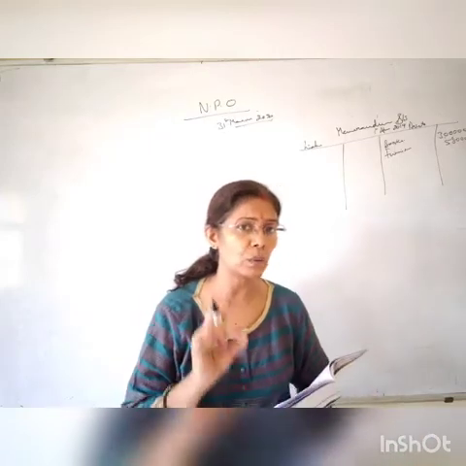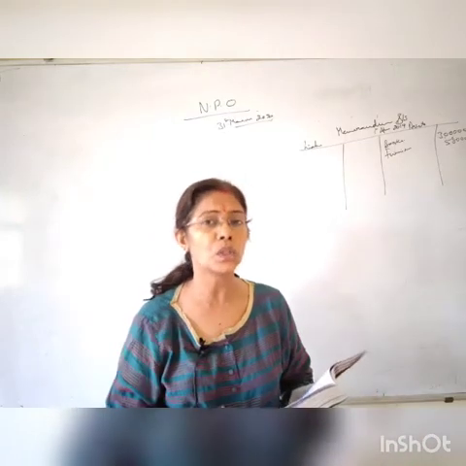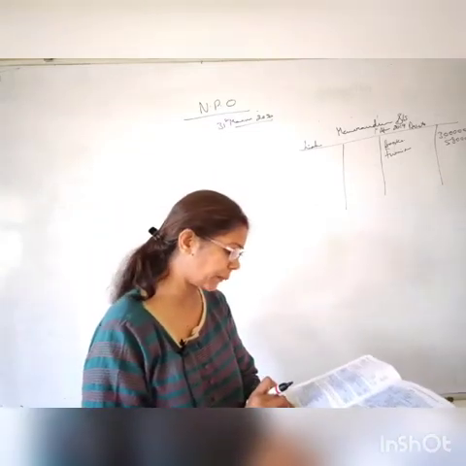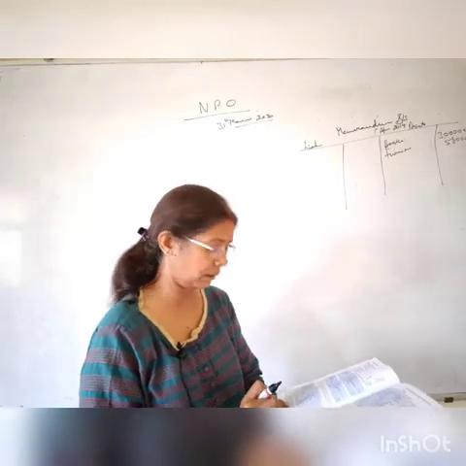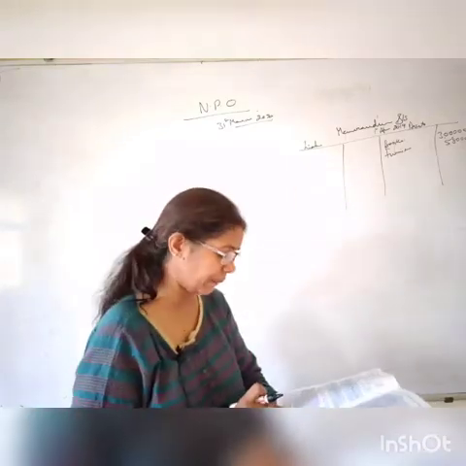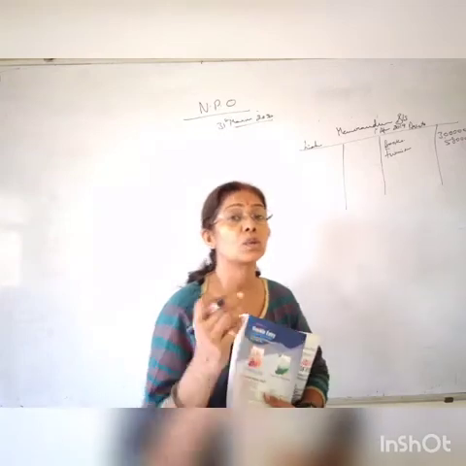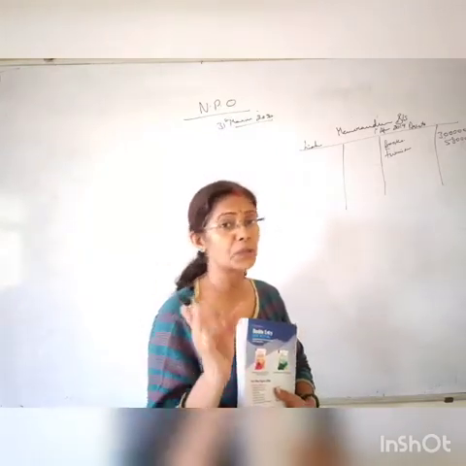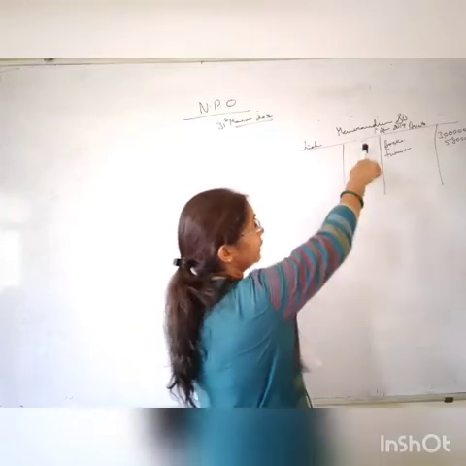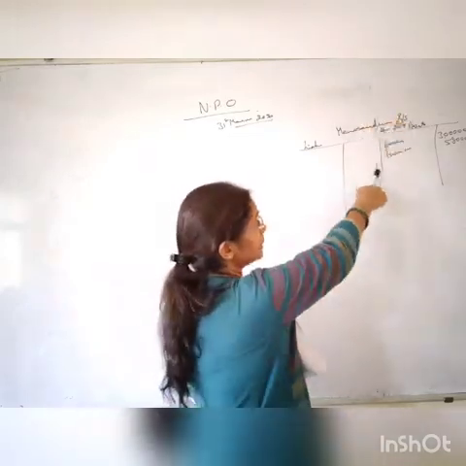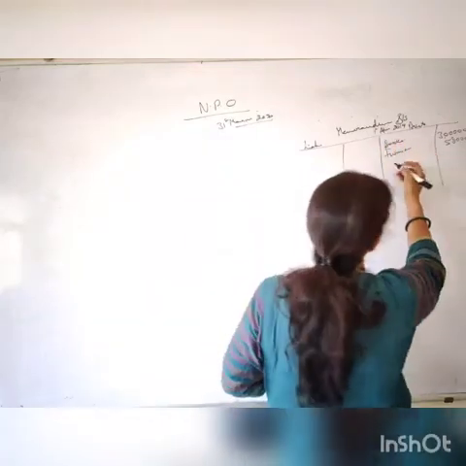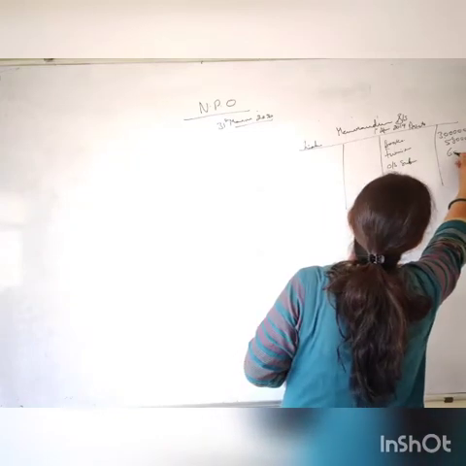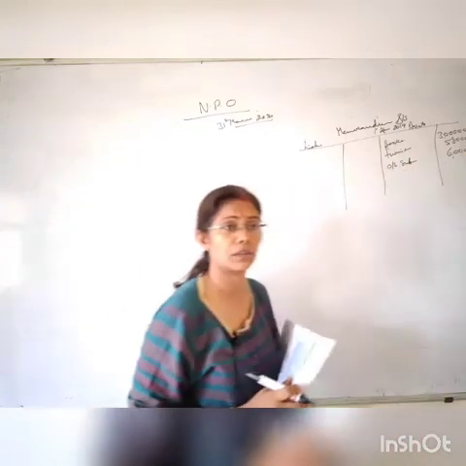But here we have to deal with the balance sheet, how to show this subscription in the balance sheet. So subscription in arrears on 1st April 2019, meaning this belongs to the previous year, and this is 6,000. Student, subscription is your income or expenditure? That should be very clear. So subscription is your income, and we are preparing the last year's balance sheet, and here the subscription is outstanding, so we have to show it on the asset side, okay? So I can show outstanding subscription, that's given 6,000, fine.